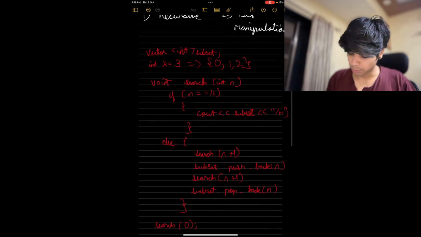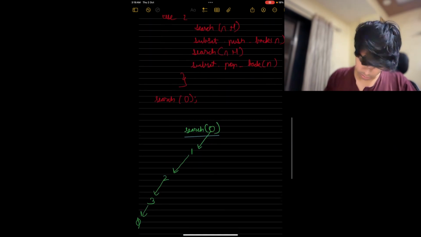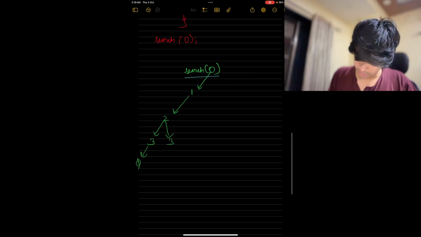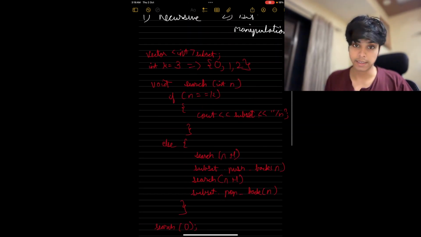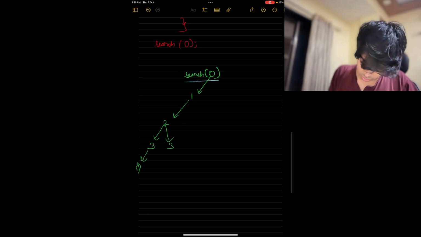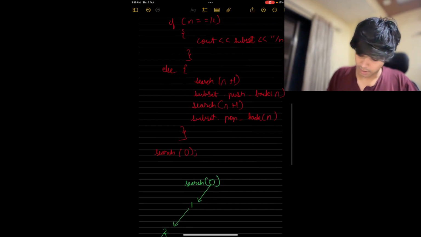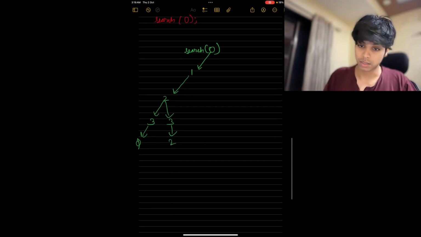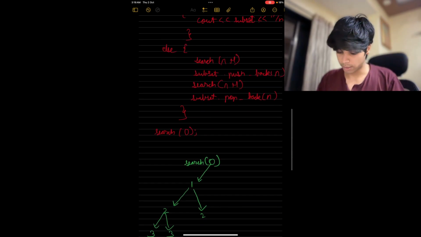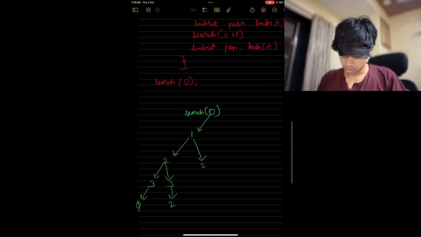This 3 will again output a subset. But here, as the subset currently contains 2 in it, this will output 2. This 2 is popped back. I'll construct the entire tree for you guys. This will go back to 2 with 1. Now this will be